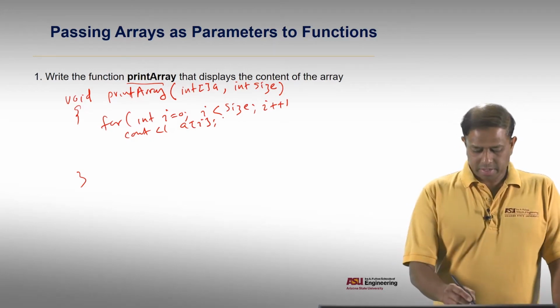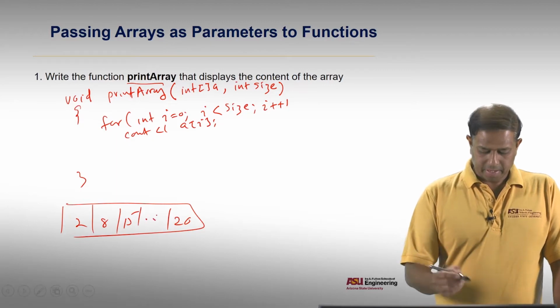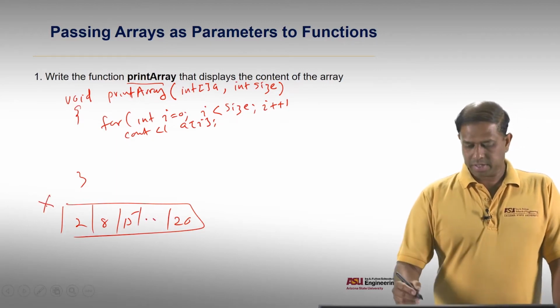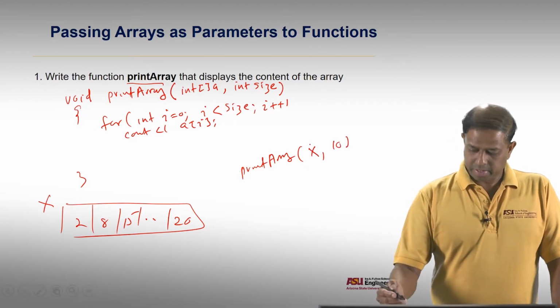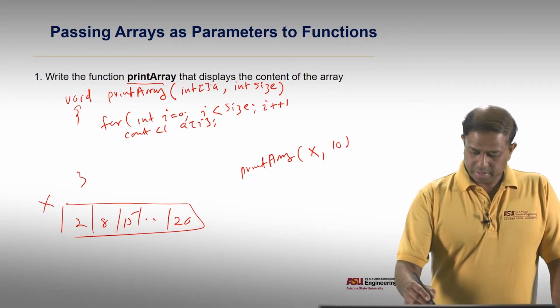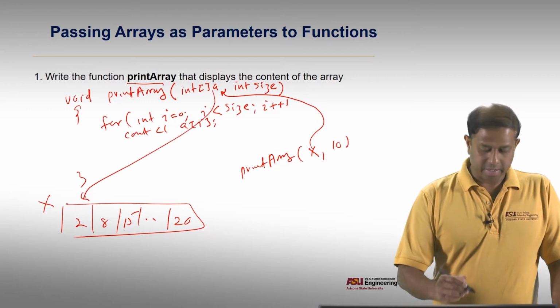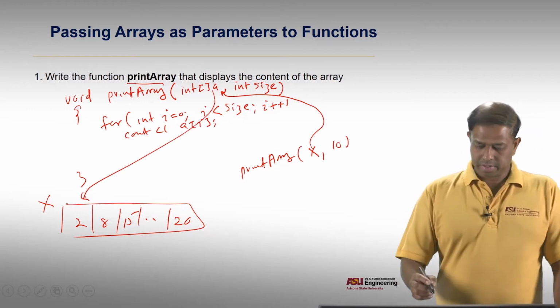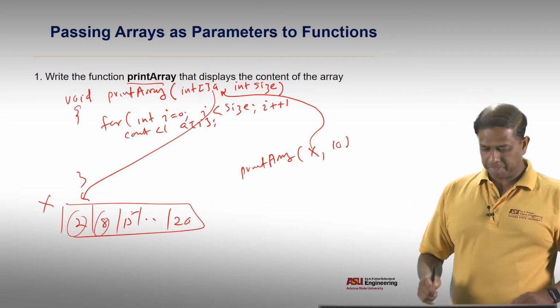So if I have the original array, let's say in the main memory like this, with the data values in here, 15, let's say 20, something like that. And if I call this array x, and then I call the method printArray x and let's say size 10, then x will be copying its memory address to A. So then A will essentially be pointing at this first value right here. Then we run through the loop in here, so we'll be taking each of these values and displaying them. Okay,